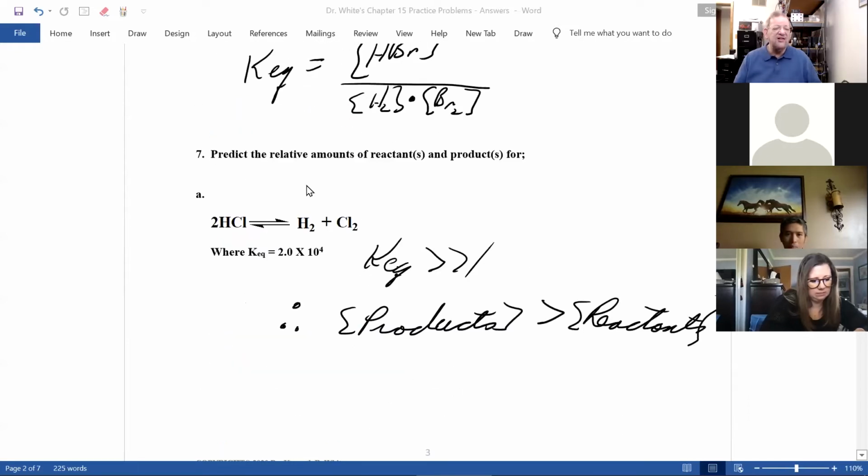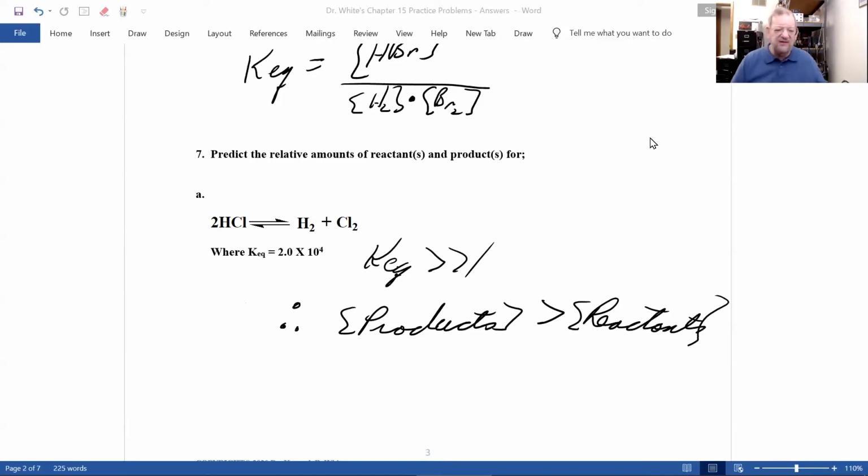All right, let's continue on. Number 7, predict the relative amounts of reactants and products for the following equilibrium when you're given the equilibrium constant KEQ. And remember,